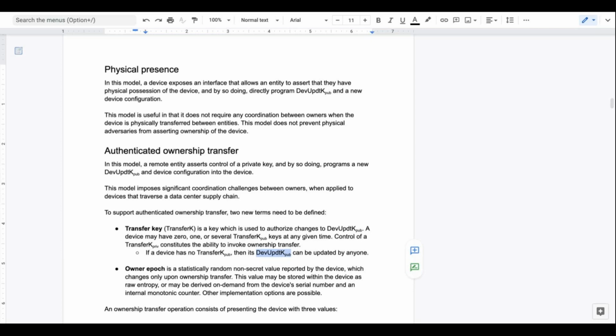Or if there is some physical presence, there are multiple mechanisms. Yes, and that physical presence option is what I'm hearing is not kosher. There are certain scenarios where you cannot abide any kind of physical presence interface to transfer ownership. It has to be a pure cryptographic handshake. That's what I'm hearing.